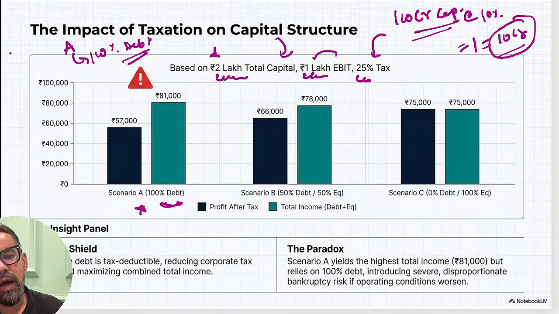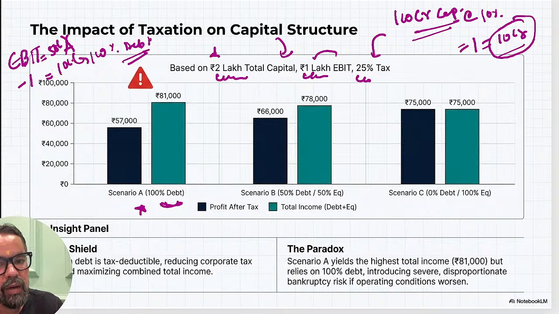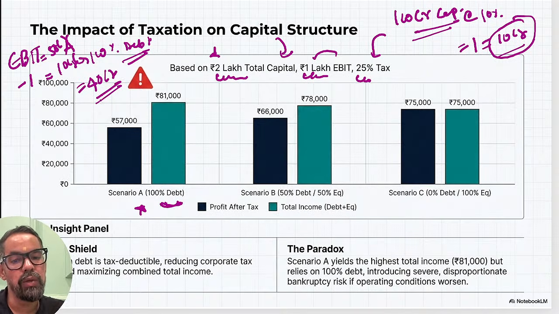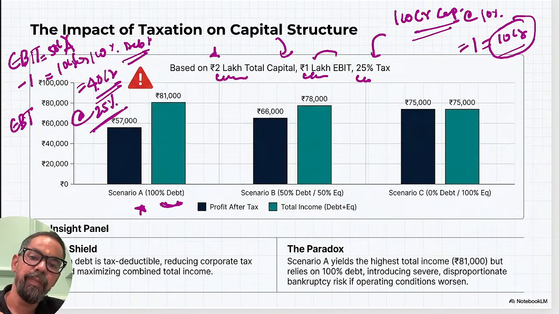Suppose their EBIT, earning before interest and taxes, is 50 crores. Their tax liability will be on 50 crores minus interest, which equals 40 crores. Now this is called EBT, earning before taxes. So now they have to pay taxes on 40 crores at the rate of 25%. So eventually they can show the interest paid on the debt as an operating expense in their profit and loss account.